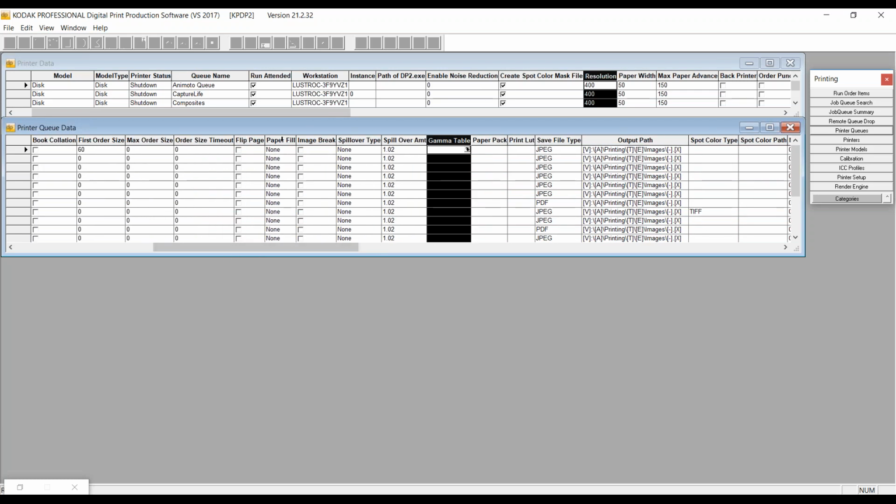I'm not going to worry too much about paper fill. There's a couple of other things that I'll talk about in terms of if you have paper fill turned off, which is generally the state of affairs, right? Unless you're using a device that you've set up to go out to a cutter of some kind, or you're using an image break, or you've got something special that you've implemented. I'm trying to think if I've covered all my options there. But if you're not using paper fill,